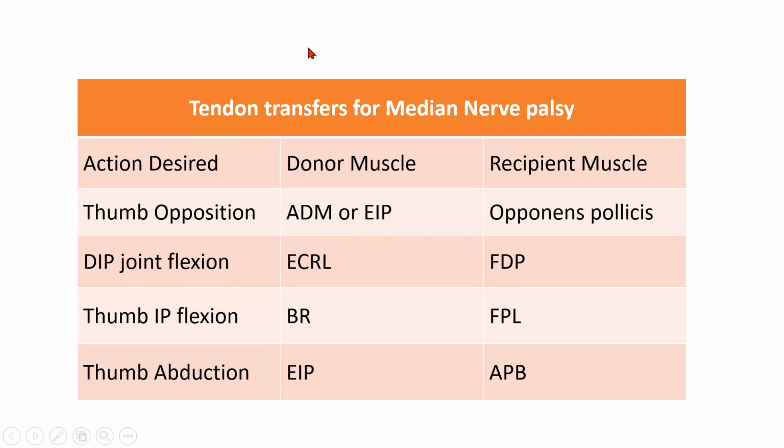Yes, sir. And for pronator quadratus and pronator teres injury, sir. Usually pronation can be compensated by gravity. Okay, because if you try to lift your elbow, by gravity you can rotate your hand. That is not a very vital action. Okay, if needed, you can do other transfers as well.